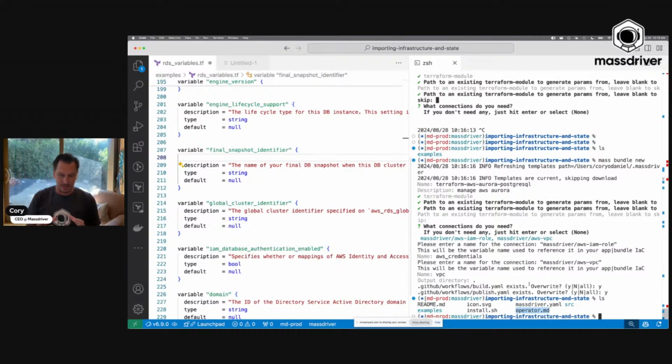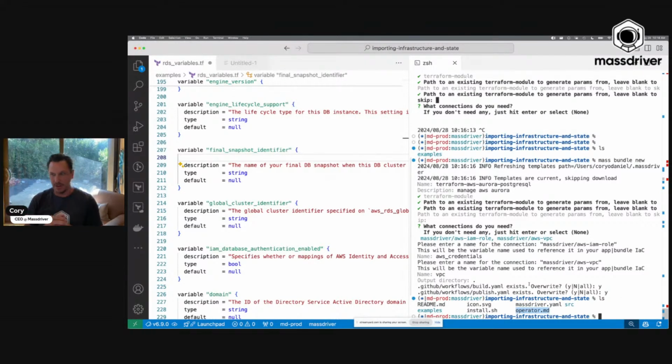And what happens is instead of having a bunch of CI pipelines that your developers are constantly copying, you get this packaged functional piece of software that can provision infrastructure with all of your policies in place. So what's nice is once I publish this and you start seeing me diagram it later in the UI, as an ops person, I don't have to worry about, did my developers have the right version of Terraform? I can update that once in my Massdriver YAML file, roll it out, and everybody that uses this bundle will